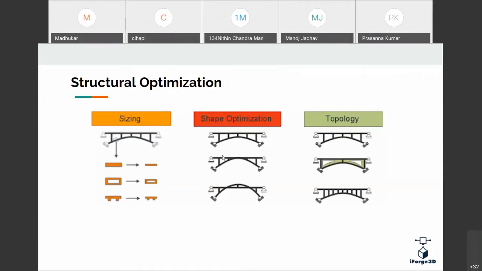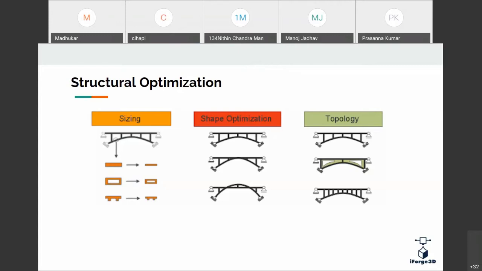Next, we have the shape optimization. Here, as you can see, we are trying out different shapes of the truss or the frame. We call this shape optimization. When you have one initial shape, you perform an FE analysis and get a particular response for that shape.